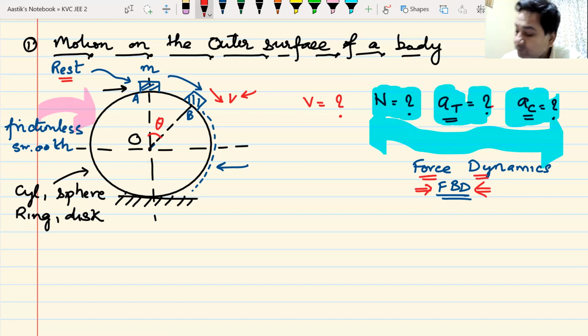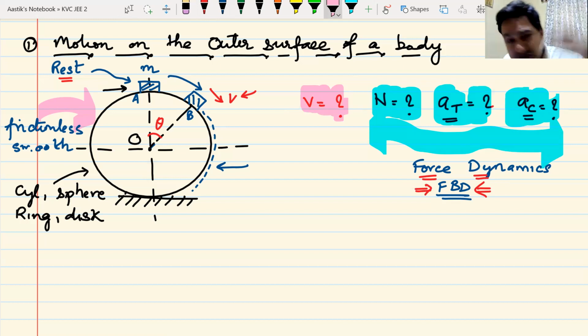But whenever you are asked to find velocity, obviously from acceleration you can find velocity. Yes, you know the force, you can find acceleration, and from there you can find velocity. But in 99.9% of cases, whenever you are asked to find just velocity, no acceleration, no force, no time,